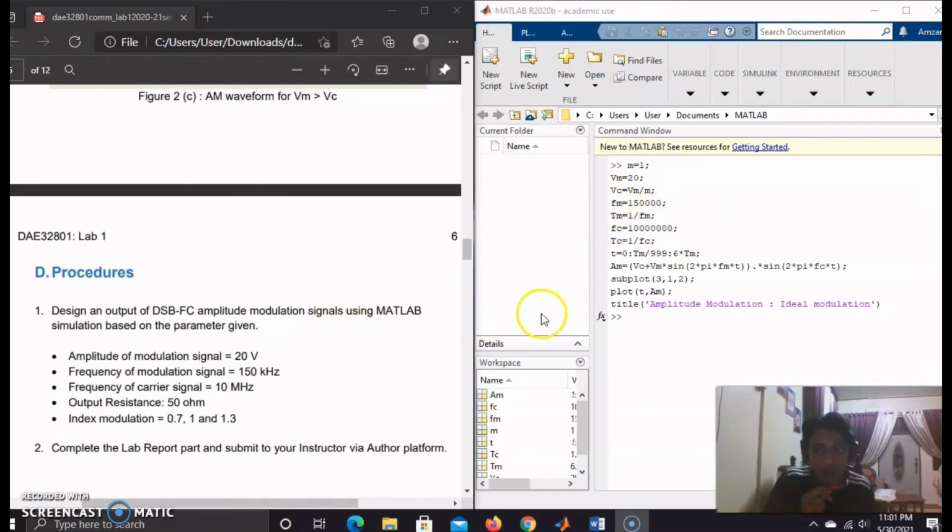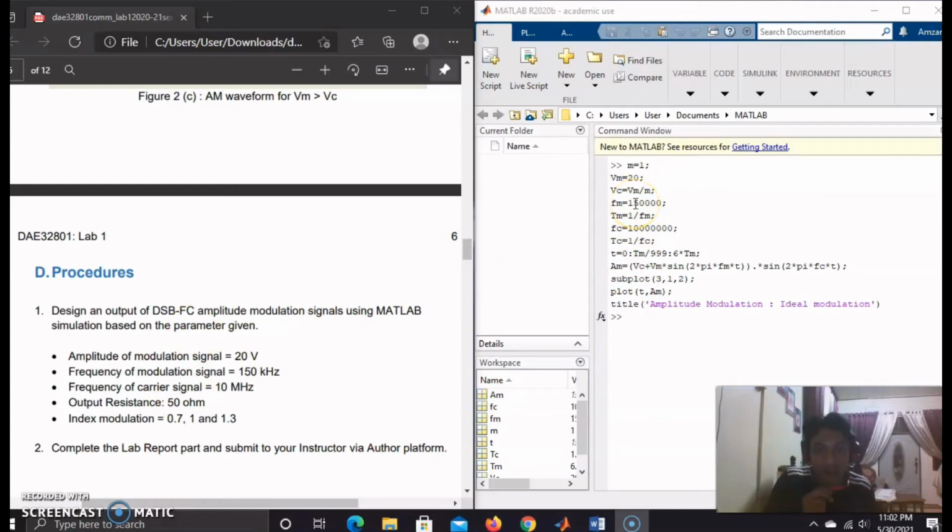VM is the amplitude of modulation signal, and to get VC, VC is equal to VM over M, and FM is the frequency of modulation signal that is given in the procedure,